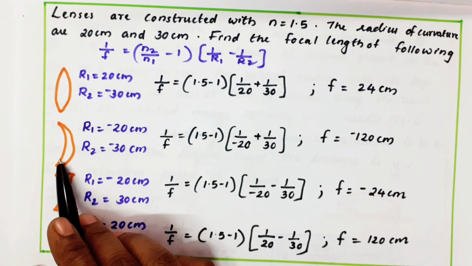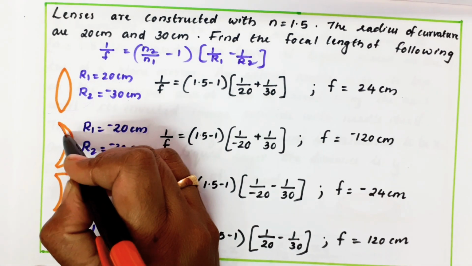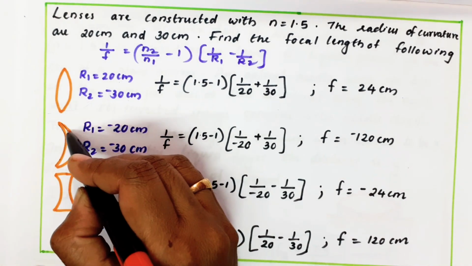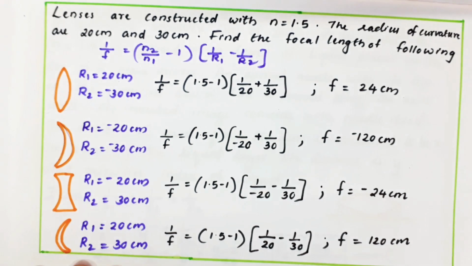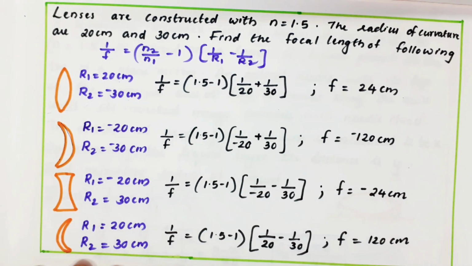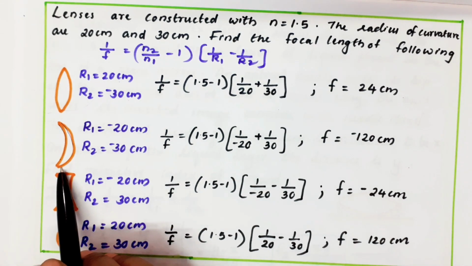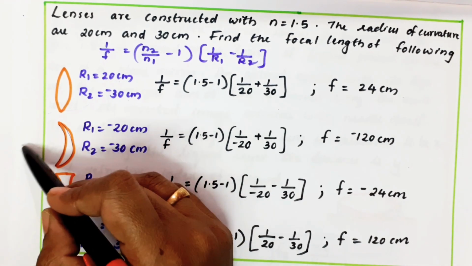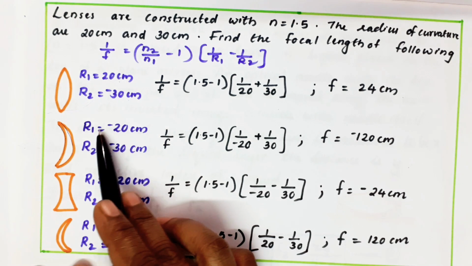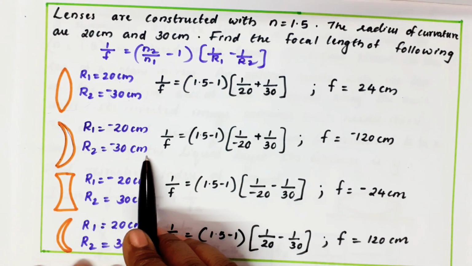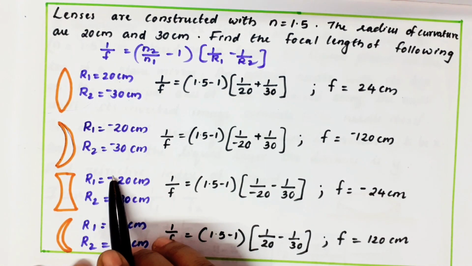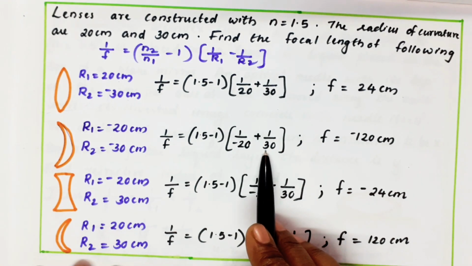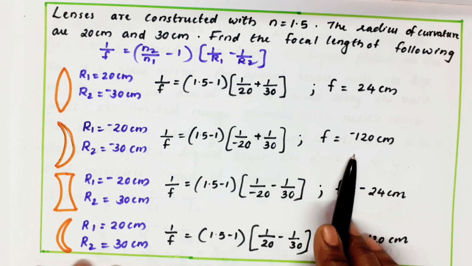Second case, you see this, both are curved like this, right? This is a concave nature, this also is coming like a concave nature only. Okay, sorry, see both are forming concave. So if you make a sphere, both radii will go this side only. So R1 is minus 20, R2 also minus 30. Both are minus. Apply minus, minus. Here the middle minus minus will become plus. You can find the focal length.